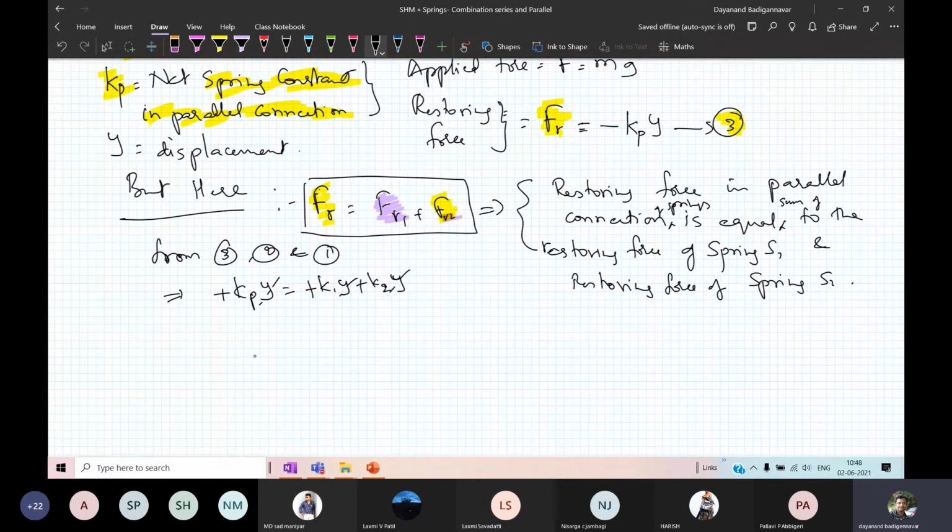Therefore, I get Kp equal to K1 plus K2. This is the net